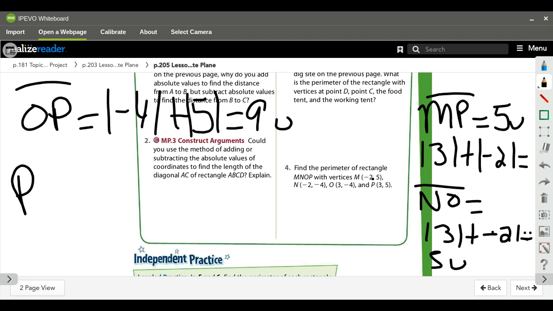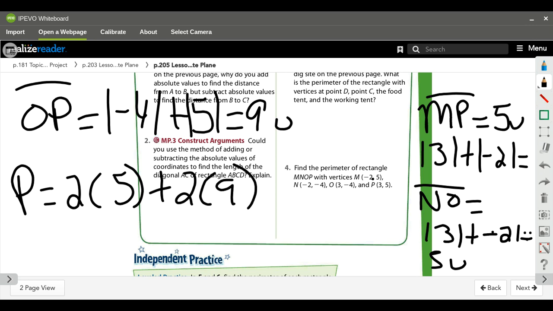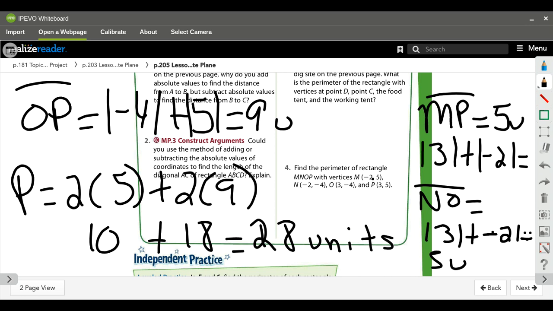So I'm going to do perimeter equals 2 times 5 plus 2 times 9. So 2 times 5 is going to be 10 plus 2 times 9, which is going to be 18, for a total of, not 18, 28 units. And that's how I find it. I look for my 2 side lengths that are different. So here it was 9 units, here it was 5 units. If you end up with the same unit, find another point that's going to be different. You have 4 points to choose from. If you need to do all 4 lines